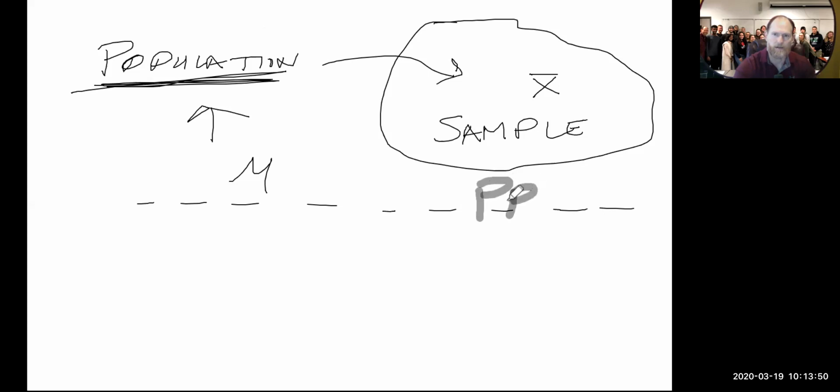Again, probability is the likelihood not only that something is occurring in the future, but the likelihood that something would be occurring right now. Now, here's the trick. We have knowledge of how the population is supposed to be performing,